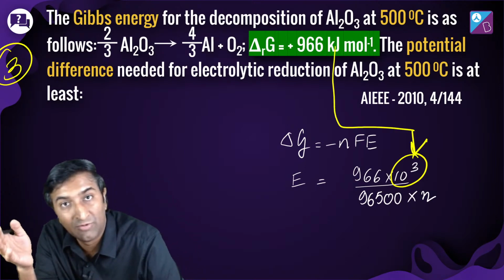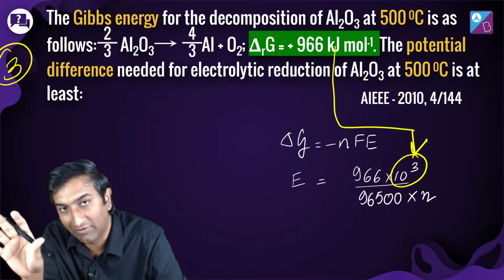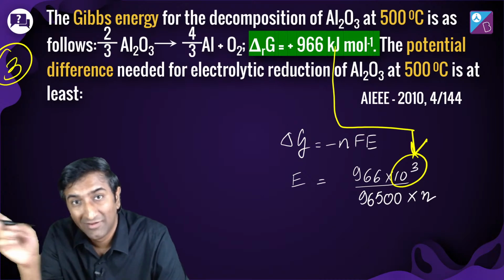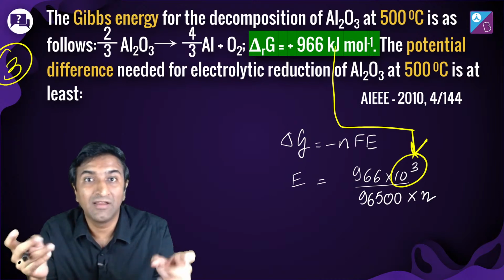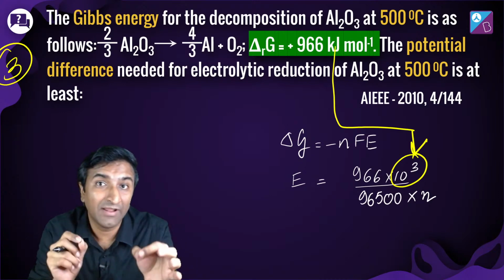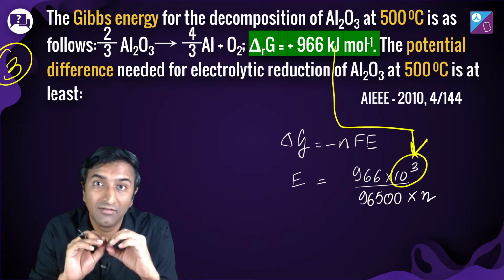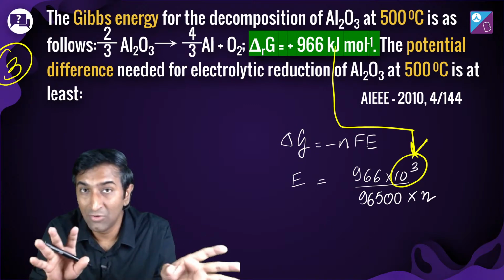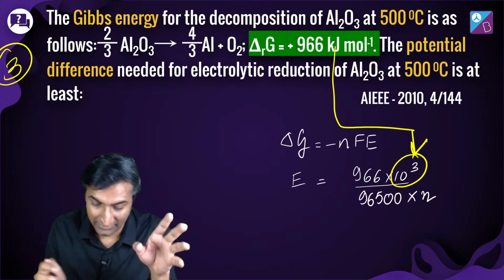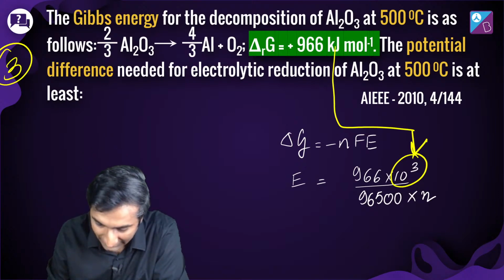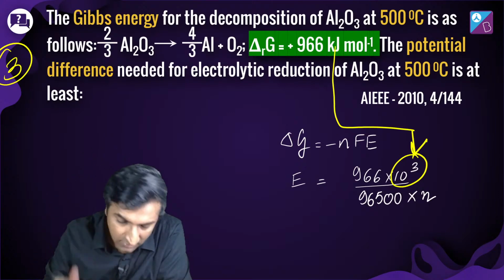This happens a lot. In thermodynamics also students miss out on this and the whole question goes wrong. Luckily this one has options. Nowadays a lot of questions don't have options. In JEE Main, numerical entry, minus 1 marks. In JEE Advanced, numerical entry, plus 4, 0. That doesn't mean you guess. Just be aware of the marking scheme. Always read the instructions.